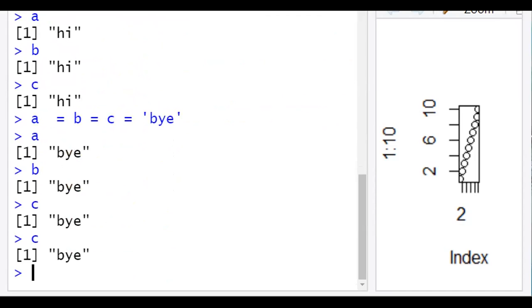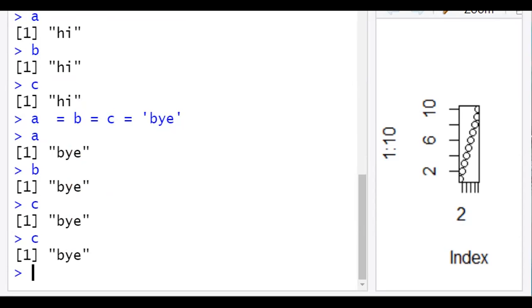Variable naming convention: they can have short names or more descriptive ones. But here are some of the restrictions. A variable name must start with a letter. And later on, it can have a combination of letters, digits, and the dot operator. Dot and underscore are allowed. If it starts with a dot, it cannot be followed by a digit. And a variable name cannot start with a number or underscore.